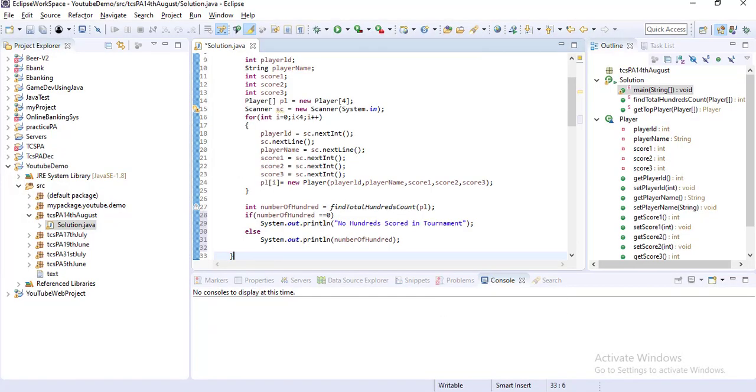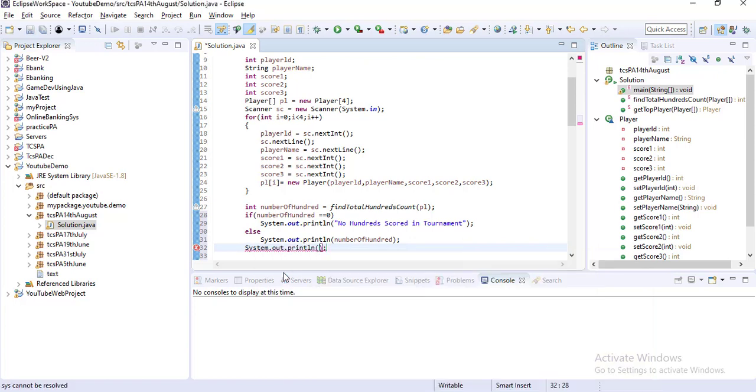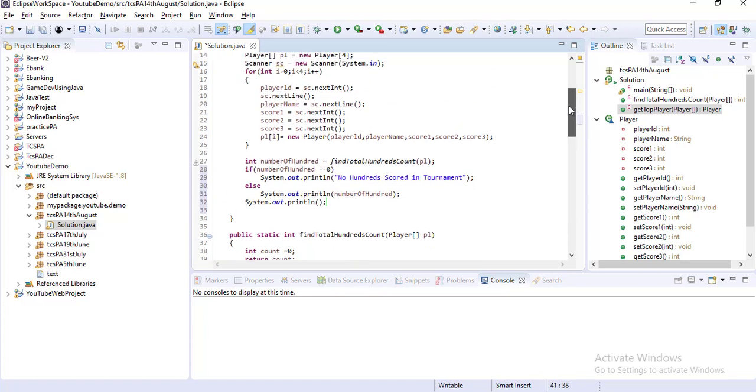So for that, what you have to do here is, you don't need to create anything. System.out.println, and inside that you call this method, getTopPlayer.